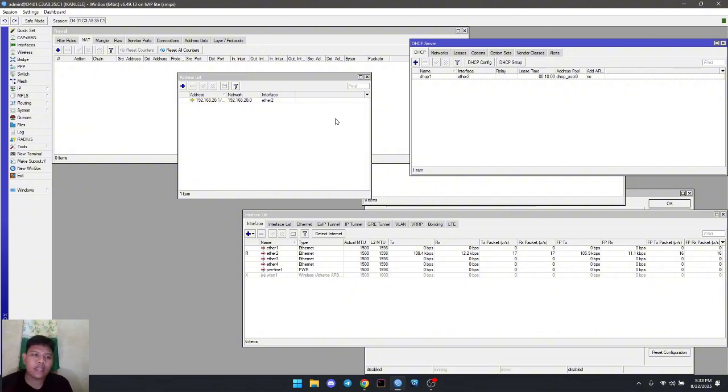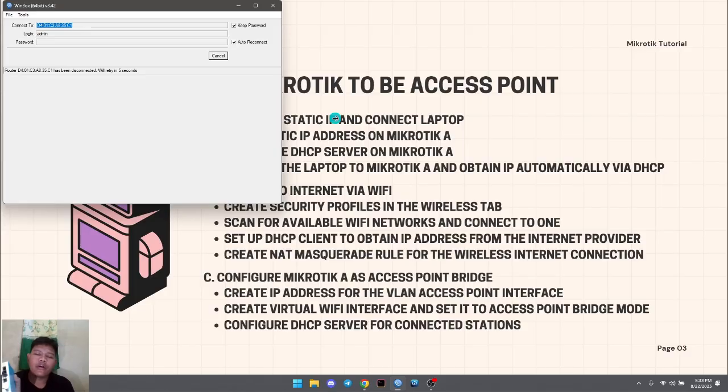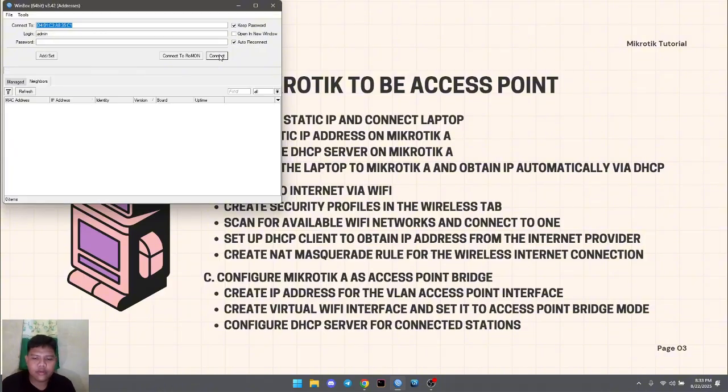After this, the Winbox will disconnect from your MikroTik, so you can wait for a minute. And here in the display, the MikroTik I connected in Ether1 has the IP address 0.0.0.0. This is the default, and the identity is MikroTik.